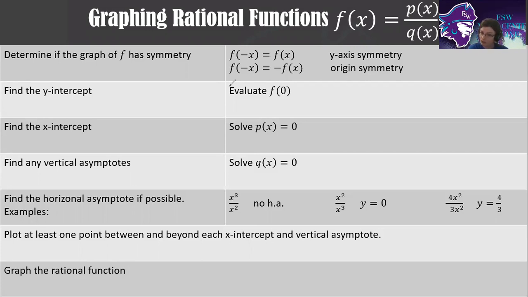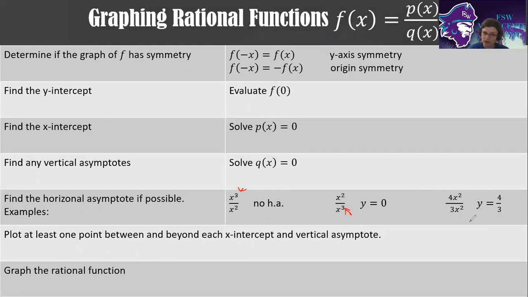Now for horizontal asymptotes, I placed 3 different examples that are typical for determining horizontal asymptote. You need to compare the power of the numerator versus the power of the denominator. As you can see in this case here, the power of your numerator is higher than the power of your denominator, and so there's no horizontal asymptote. In our second example, the power of the denominator is greater than the power of the numerator, and so the horizontal asymptote is 0. And when the powers are the same, like in our final example, the horizontal asymptote is the highest powers' coefficients placed on top of each other, so the 4 over 3.